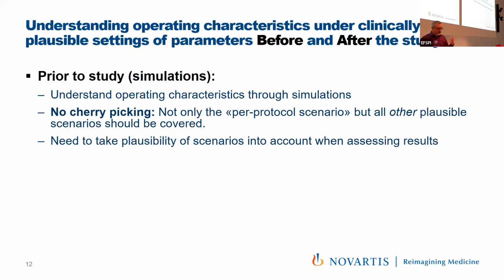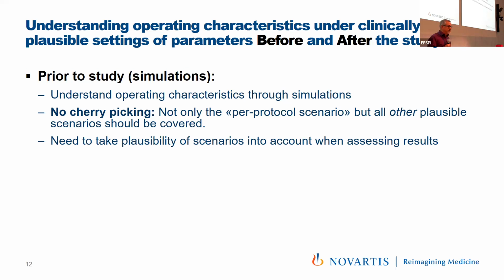Now, a fourth lesson for me is we have means to understand the operating characteristics of a study before we do it, and then we can also understand what happened after the fact. And so the means to do this before you do the study is simulations. So simulations can be used to understand what would have happened if I used the FDA's best proposal or the EMA's or anyone's, and we can compare what are the features of this, where do we have advantages and where